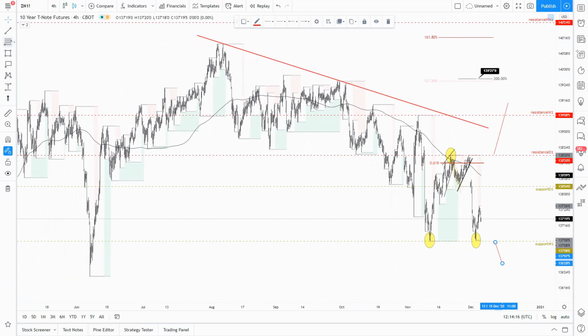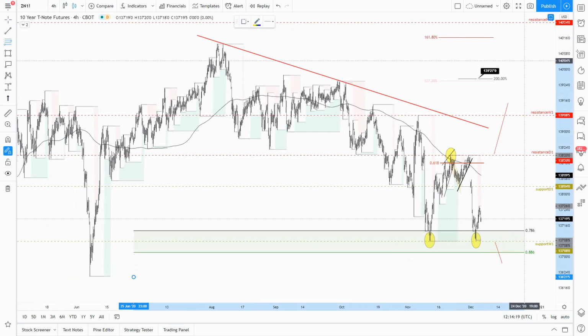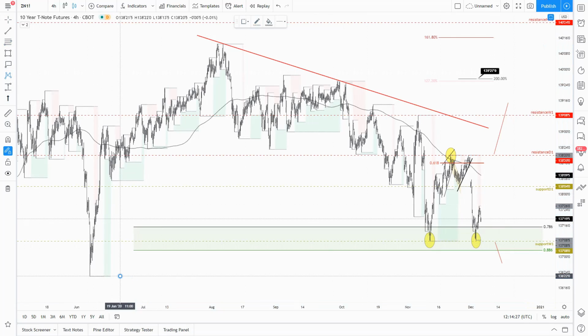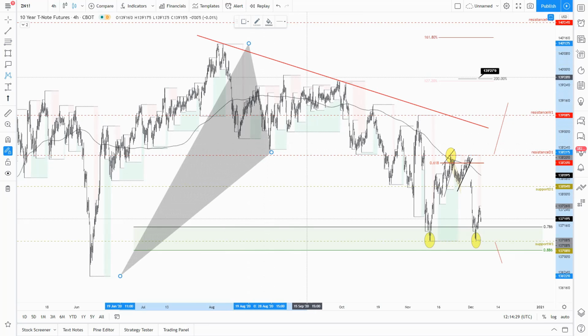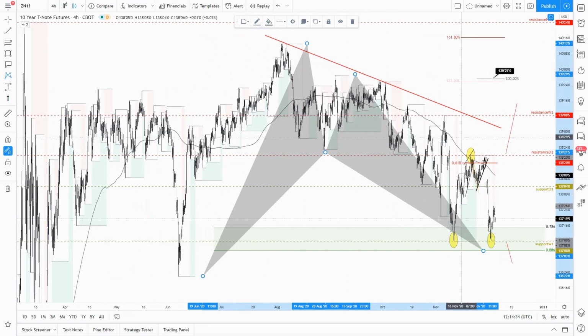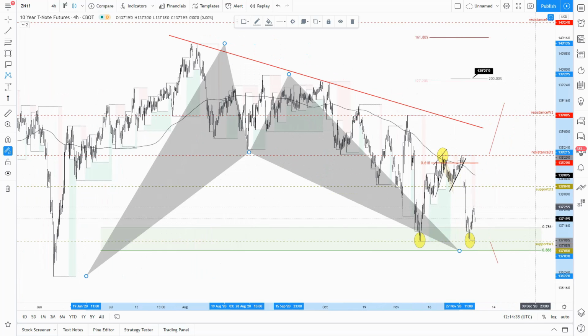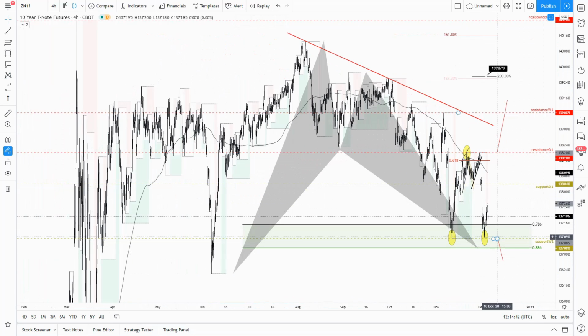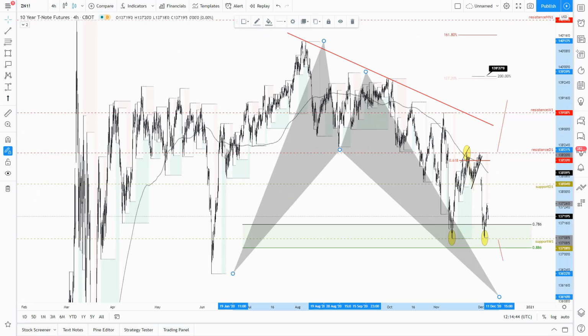trading below these lows will invalidate the double bottom, which may force even more downside momentum for the bond. If we put a retracement here, we also have the 88.6 as a potential bullish bat pattern right below the weekly fractal. So we can wait for the 88.6% Fibonacci retracement to be reached, and wait for a reaction as soon as the price approaches those levels. Again, nothing is granted. We can see the price ignoring these levels completely and trading even lower. Let's see how the market will react.